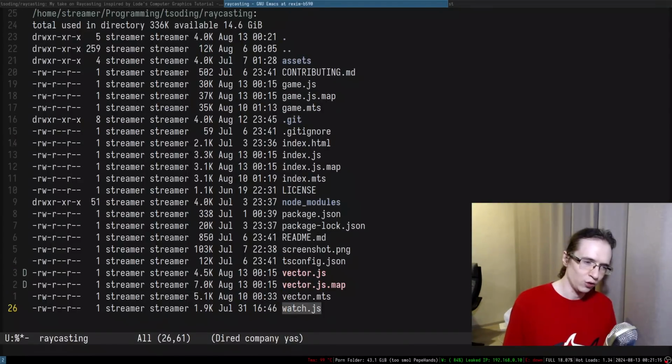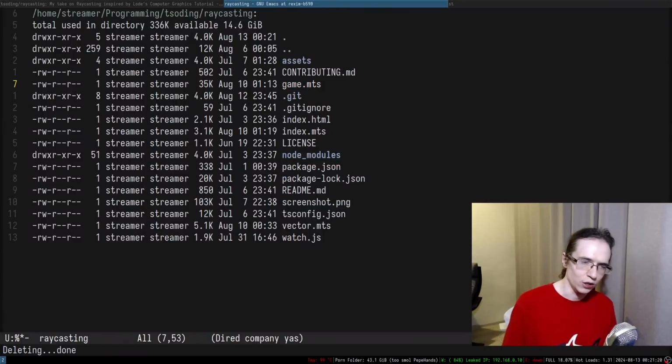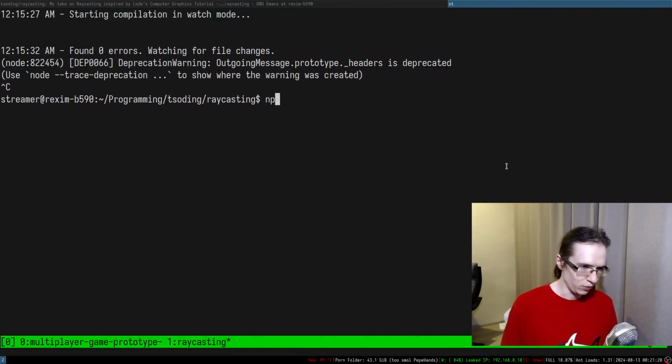Look, I should be careful. I should not remove watch.js. Right, I also want to remove that, and I also want to remove that. There we go. All right, so if I try to now build the whole thing, I don't really have to actually